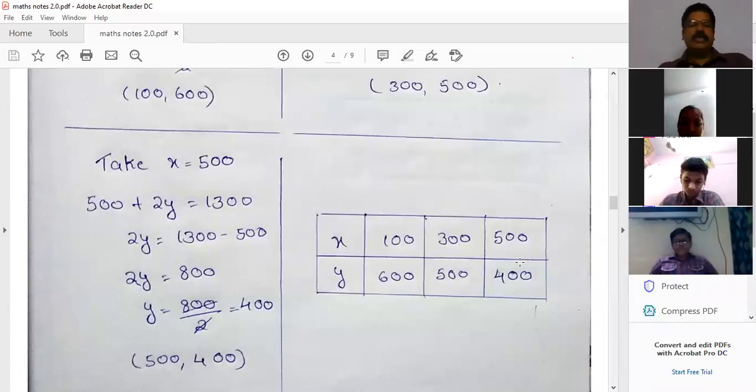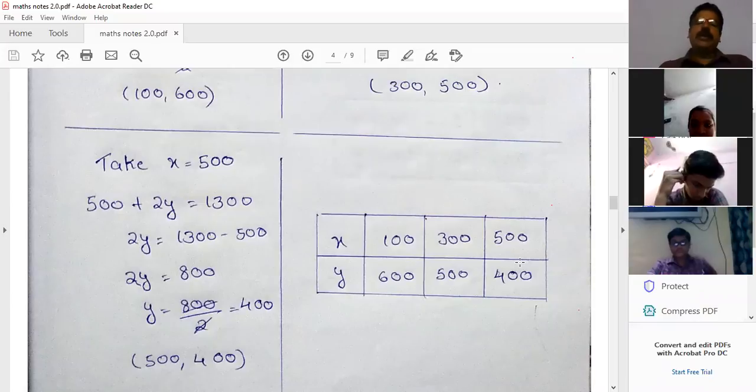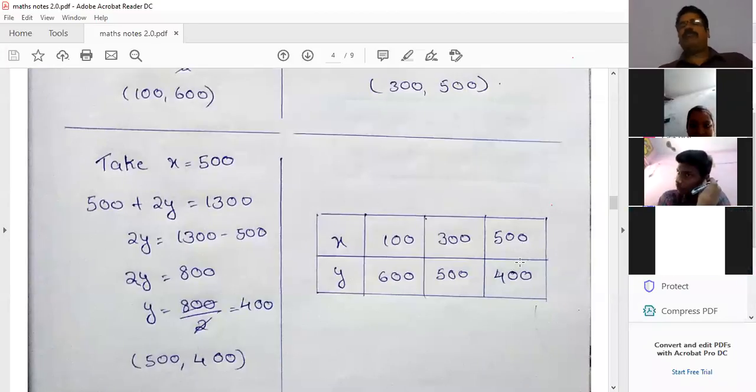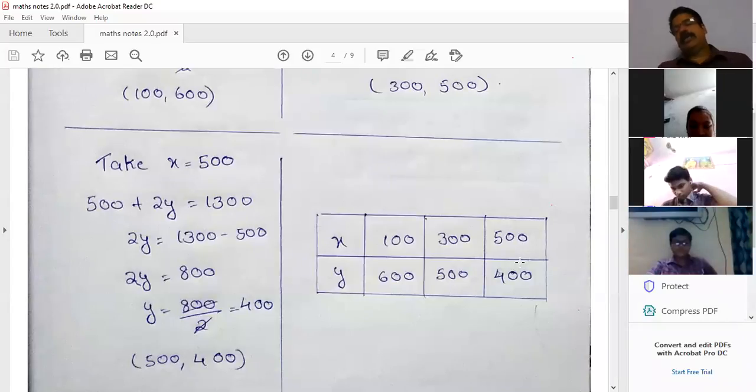I gave values for x, I find the y value. You can give values for y and find the x value also. But the main point, remember, you should not get fractional numbers, because if fractions are there, it is unable to plot the points. That's why you have to try to get only integers. This is the rupees price, we are getting positive numbers. Here it is the cost of bat and ball, that's why we are getting only whole numbers.